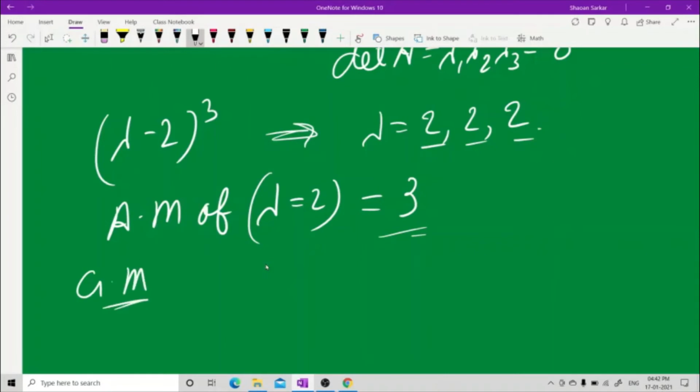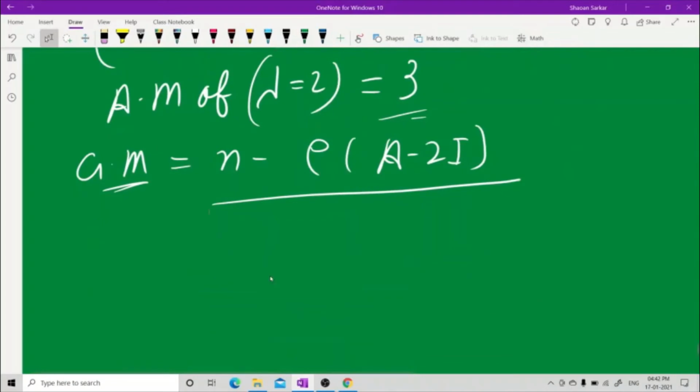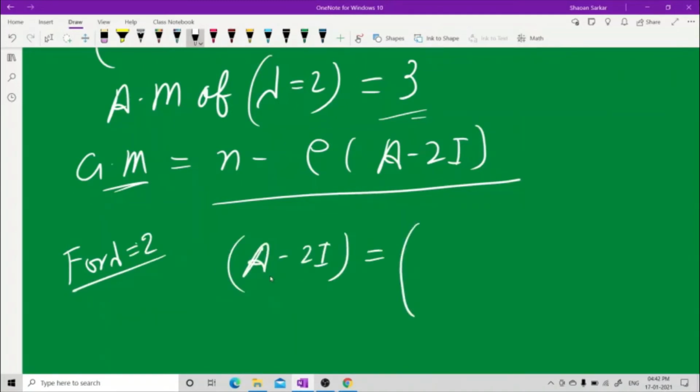For geometric multiplicity, I need to use the formula n minus rank of A minus 2I. This is the formula. Now what I will do is A minus 2I. What is my A? A is, for lambda equal to 2, A minus 2I. I'll not put the x. What I'll do is that I write this. A is